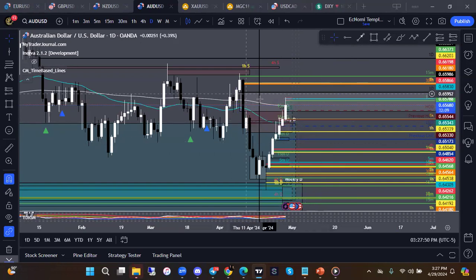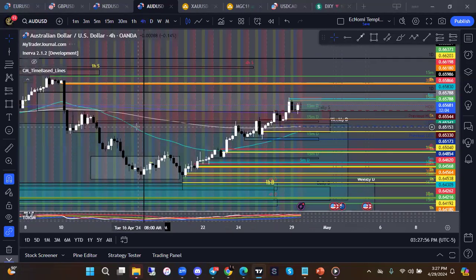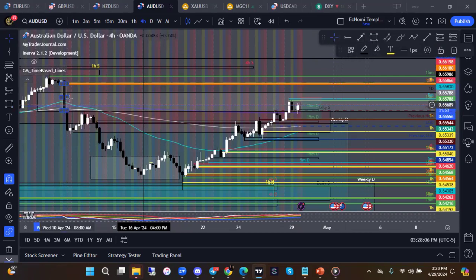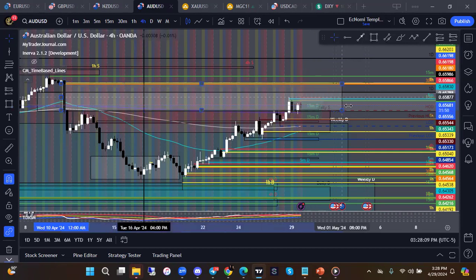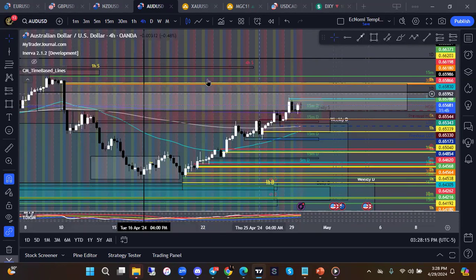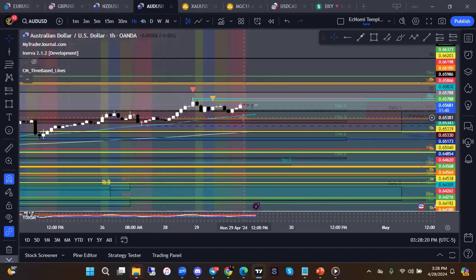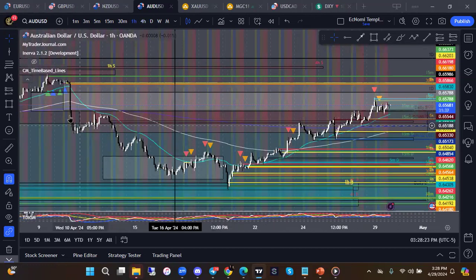So we have that fair value gap that price is in right now. Let's go to a lower time frame and look at that fair value gap. That gap now goes from here to here. So it's the same thing as if you were drawing out your supply and demand. We have two FVGs now overlapping each other on two different time frames, higher time frames, which are more predominant. Let's go to the 1 hour and look at where that was left. We have the same thing. It was left in the exact same place as the 4 hour. So now we have three